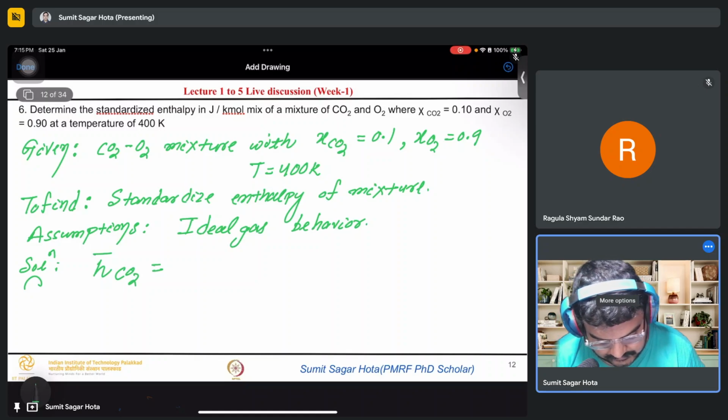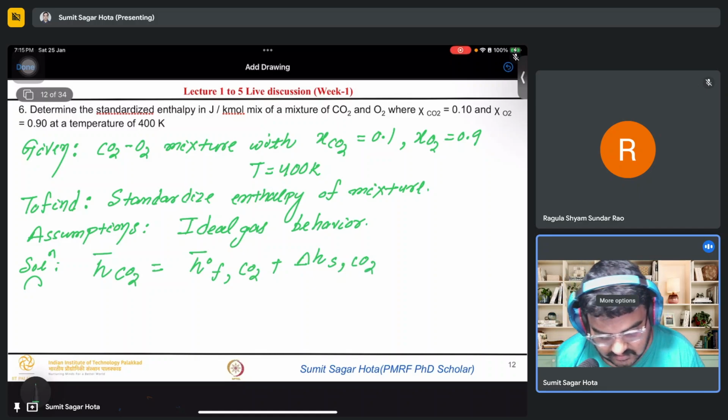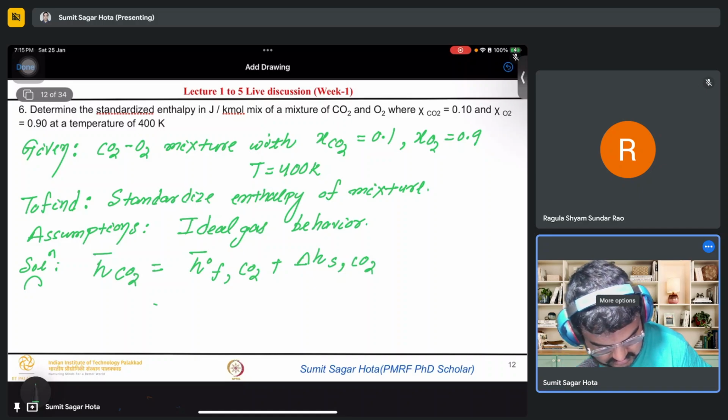So the enthalpy of the CO2 is h naught f, which means it's at 298 Kelvin. F means formation, for the species CO2. Delta h_s is the sensible enthalpy of CO2, since it is at 400 Kelvin, which is higher than 298 Kelvin. So these values are already available in